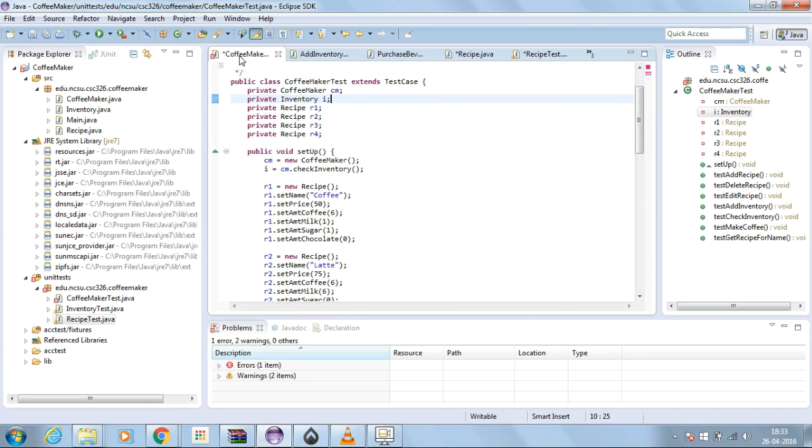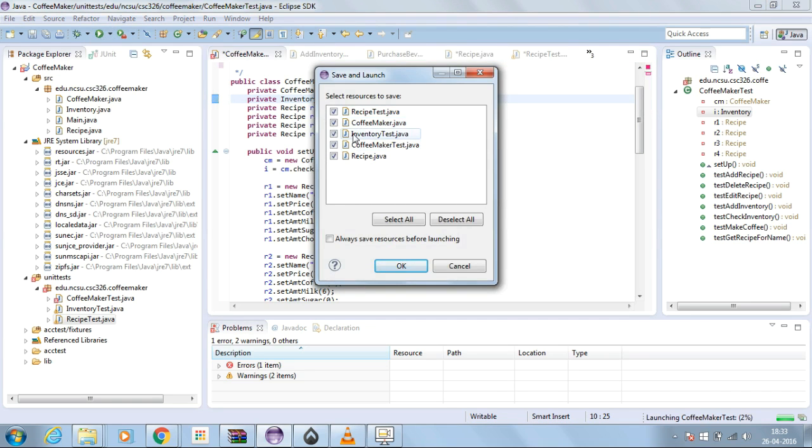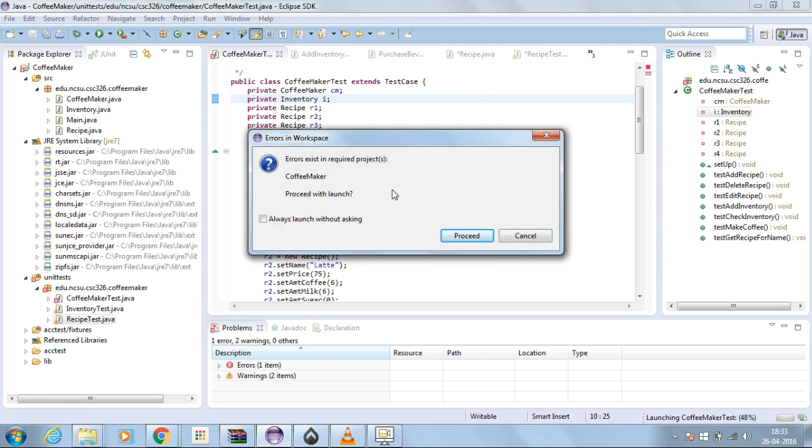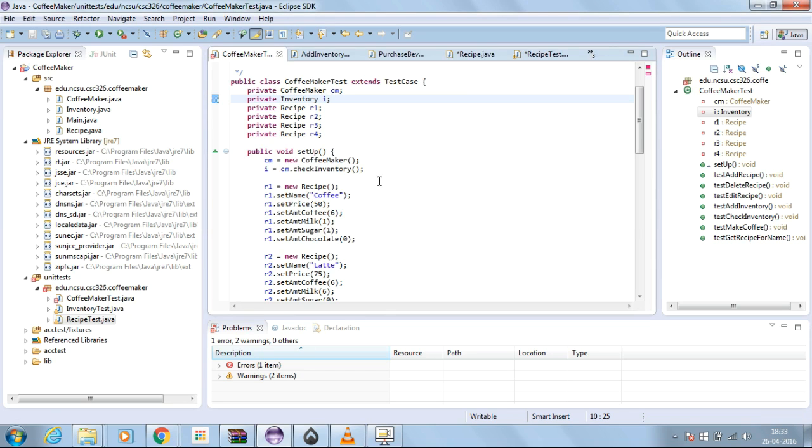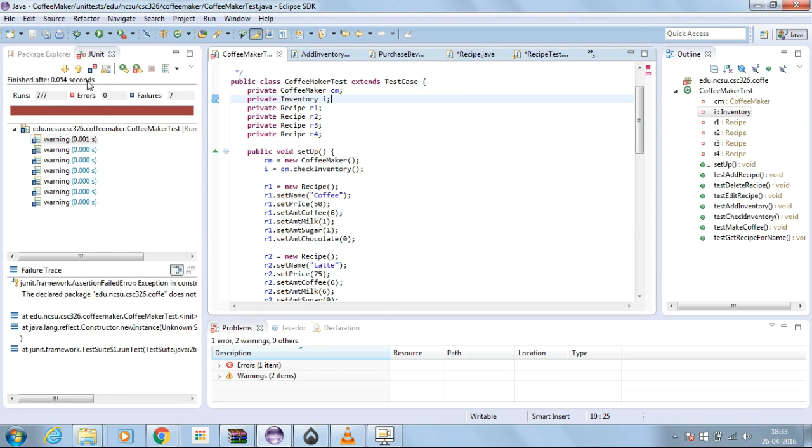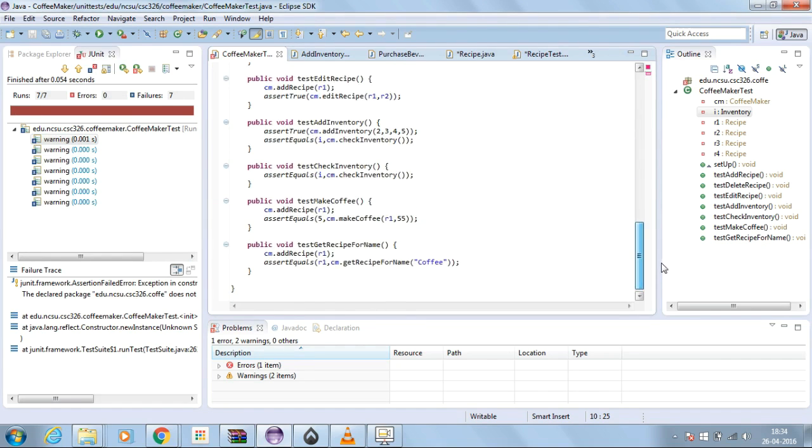So when you want to run your test case, you go to run, and you select your test case. Like here we are checking the coffee maker test, so we uncheck all the other test cases, and we will select only coffee maker, and we will proceed now. So as you can see, the test case is finished. Here because of some problem, all the test cases have failed to run,